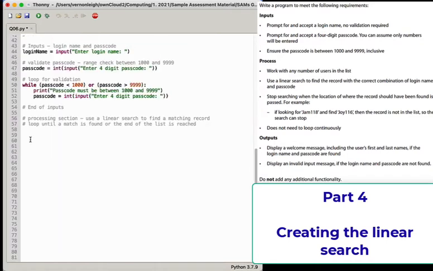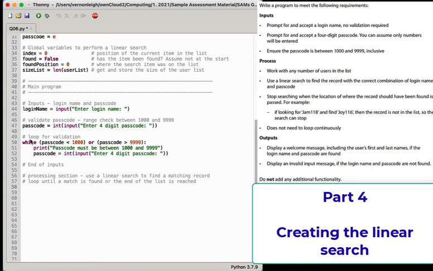So what we're going to do is start programming our linear search. There's lots of ways to do a linear search, but I think this is one of the best ways, and it's certainly an easy way to handle it in terms of using a two-dimensional array. This will stop at two times, either when you find a match or when you reach the end of the list. So we need to handle both. So let's see if we can work out a few things about this. So I've got my variables up here,